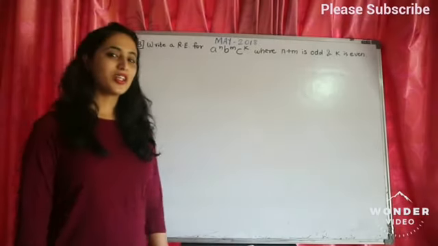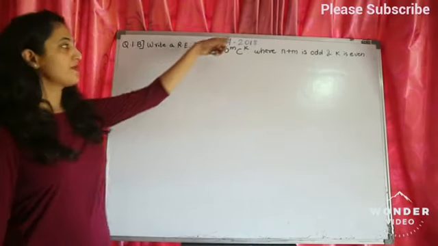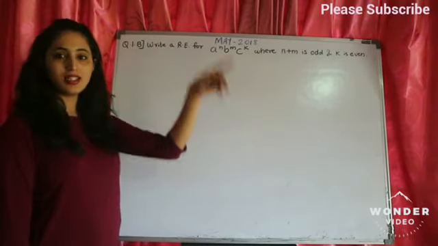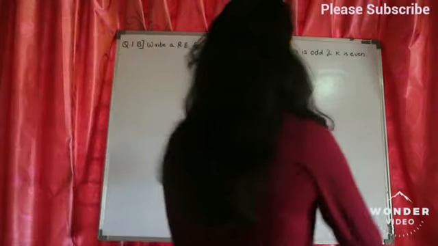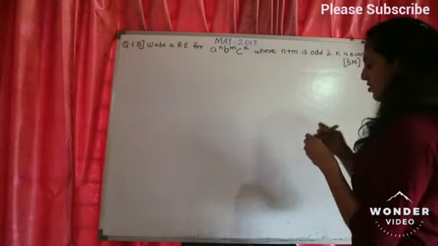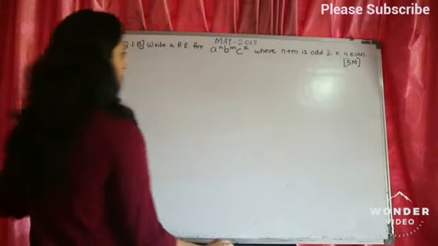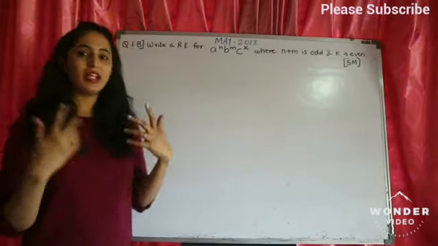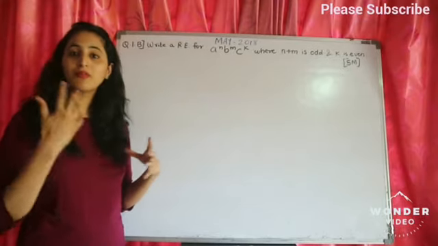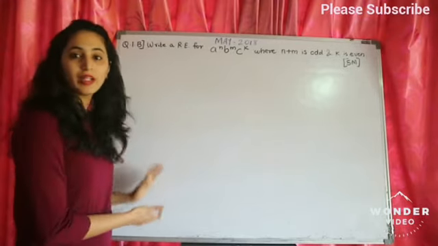Okay, let's continue. This is the next question from the same May 2018 paper. That is question 1B. Again, this is asked for 5 marks. This is a very simple type of question. We just need to practice some more questions on this and we'll get confidence. It's very easy, but you need to write a few lines to explain this particular process.